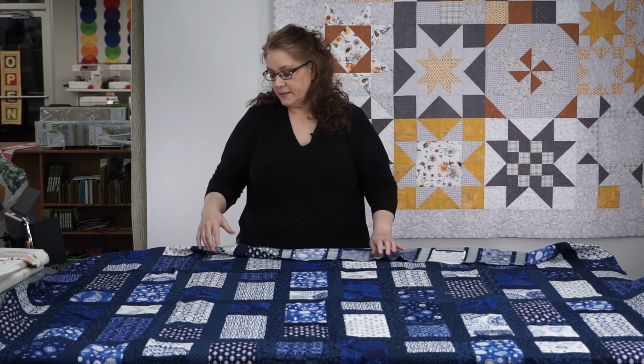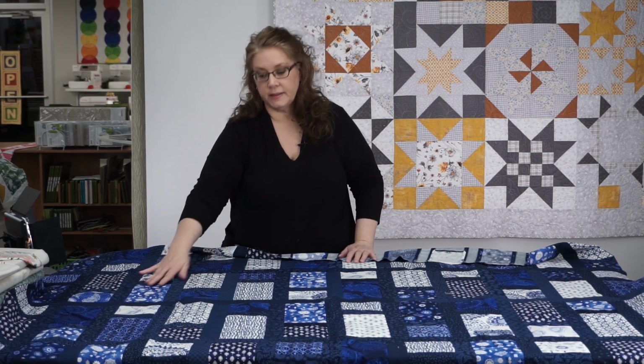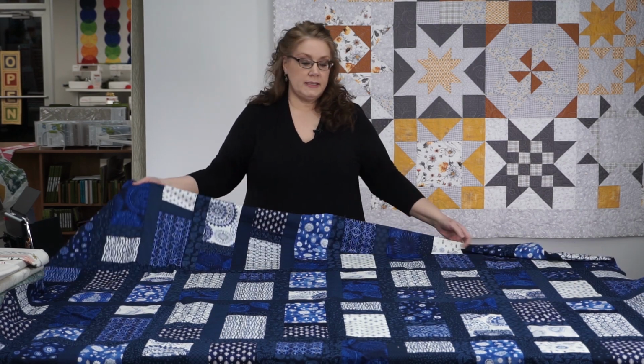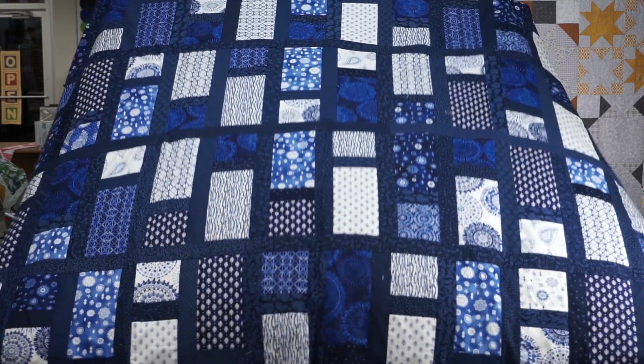So last month I told you we do have more blues in the shop now, some really great ones coming out, and one of the ones that we really loved is from Wilmington Fabrics. It is called Indigo Splash, and it's got some fun prints in it that kind of look like shibori, kind of Japanese hand-dyed fabrics. And so this is a pattern called Simplish,